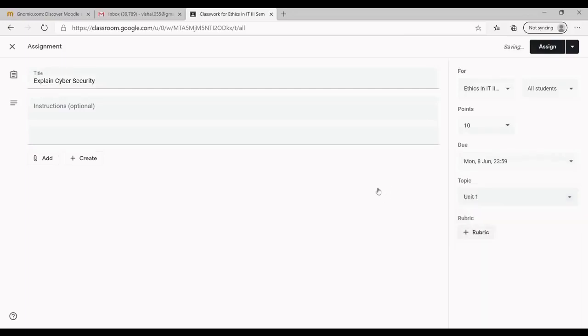Now there is an option of rubrics. Here we will be describing the content over which we will be providing marks to the students. Like we have some pattern for practicals or even for the internal assessment of the student, where we give marks based on the performance and viva voce. So those kinds of bifurcations can be done with the help of this rubric. So I will create a rubric.